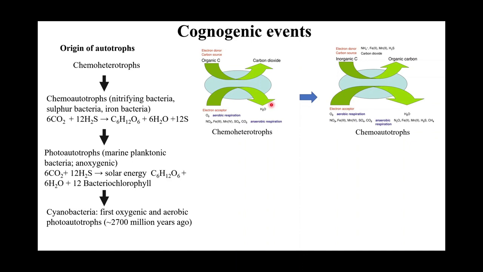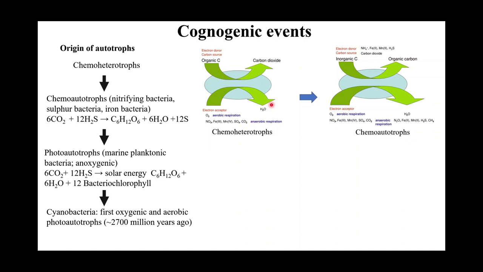And for them, the electron acceptor remains oxygen only, but they've now started giving out organic compounds. Remember earlier the chemoheterotrophs were respiring carbon dioxide, but now you have autotrophs who are giving out organic compounds. Organic compounds are raw materials. That's why they are autotrophs, because they are able to synthesize something which can be used as a raw material